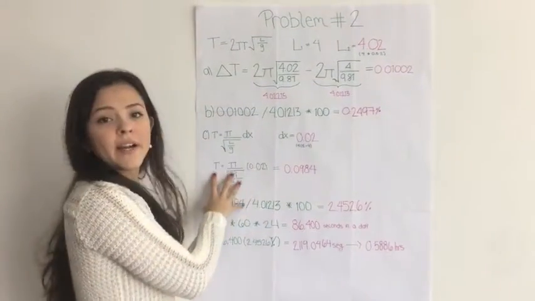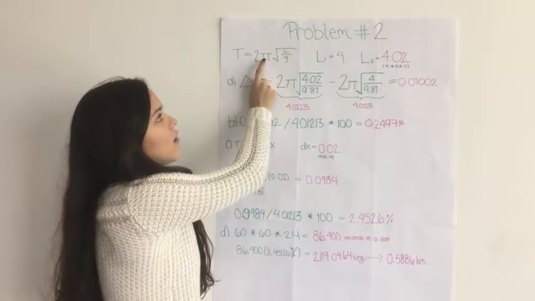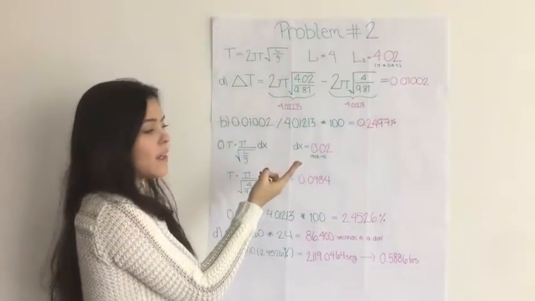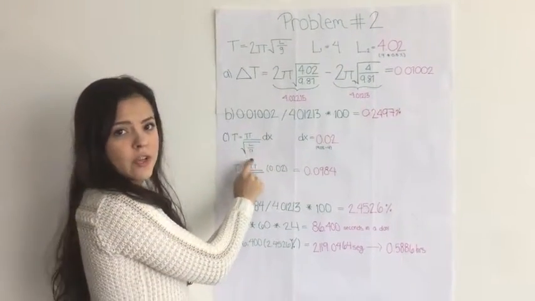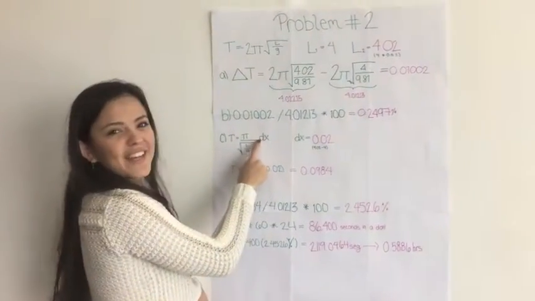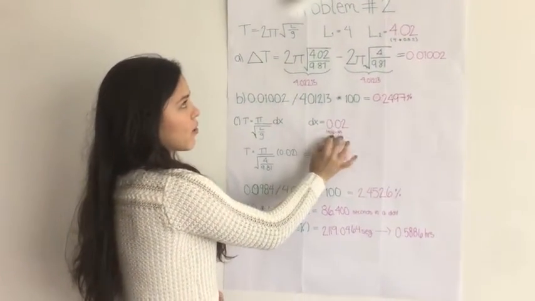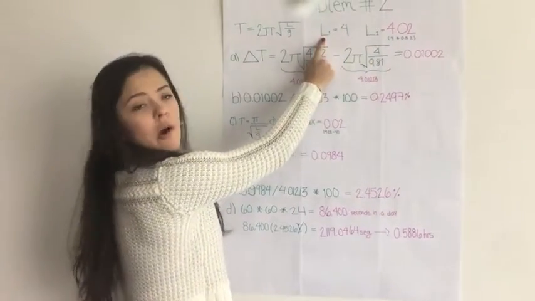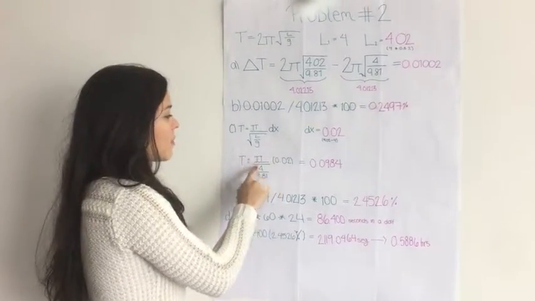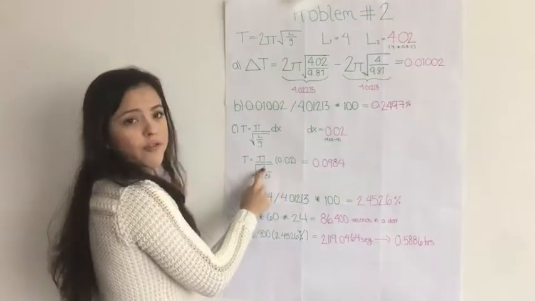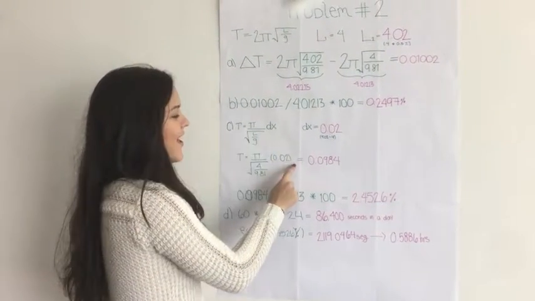Okay, now we gotta find the approximate percent change. So we use differentials. What we gotta do is find our initial formula and derivate it. So what we have now is pi over the square root of L over G, length over gravity, and then we gotta multiply it by dx. And we found the dx by making 4.02 minus 4, so our second length minus our initial length, and we get 0.02. And then we just substitute in the numbers. We go pi over the square root of 4, which is our initial length, over 9.81, our gravity, and we multiply it by dx, and it is